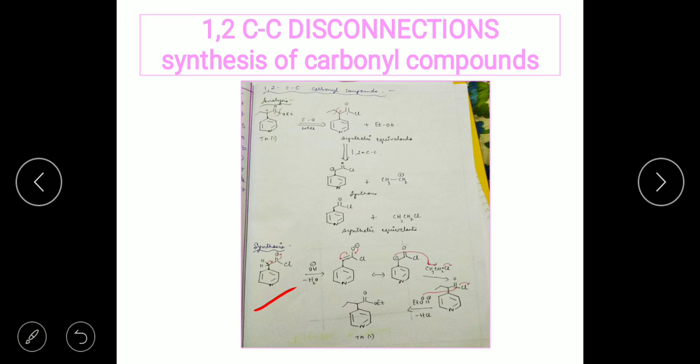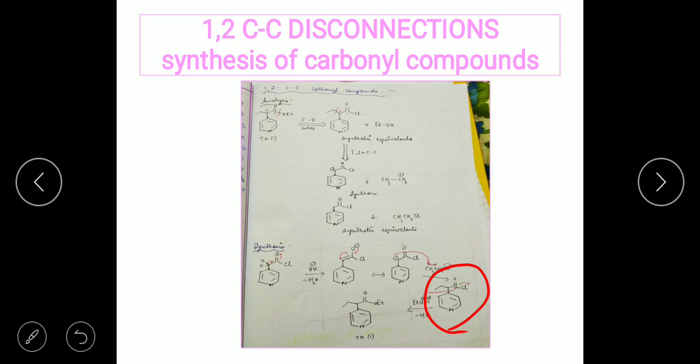Once the deprotonation takes place, what I have written here is nothing but the resonance forms. It is the movement of the electrons to form a negative charge on oxygen, and again if they come back, to form an anion here. Now this anion is going to react with the alkyl halide: the nucleophile attacks the carbon which is linked to the halide group, and there is the departure of the chloride ion. Once the chloride ion departs, you get an intermediate of this kind.